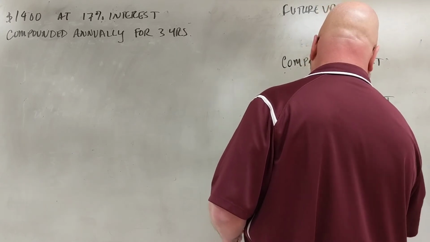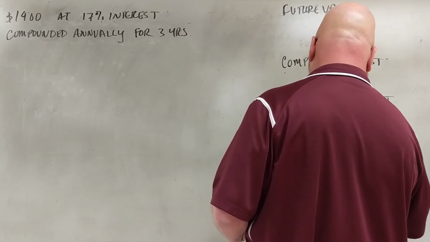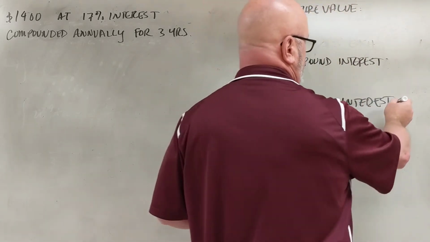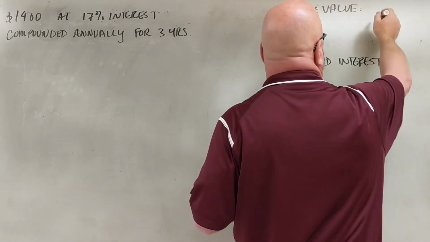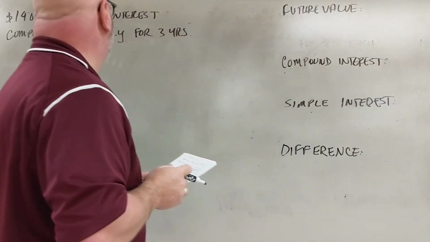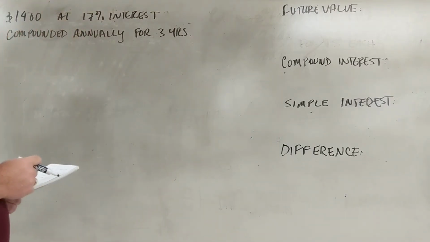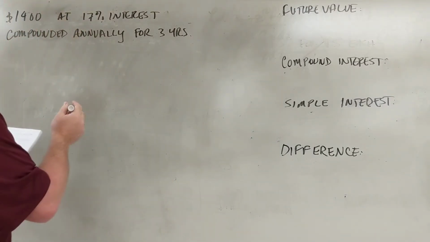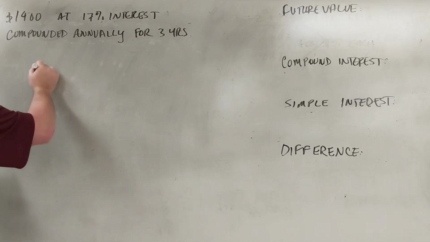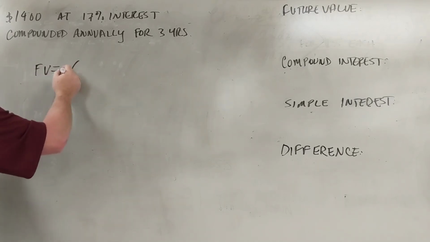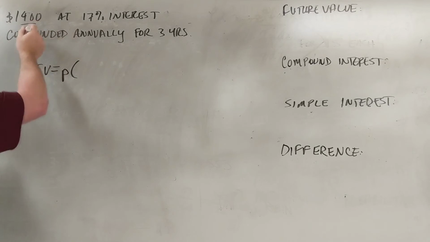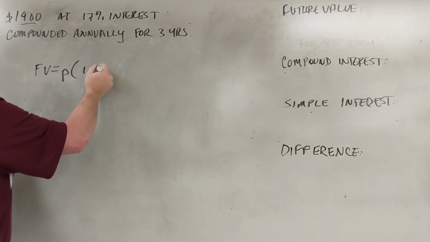Compound interest is going to be more interest, which if it's an investment, that's good. If it's a loan and we're paying the loan, then that's bad. So anyway, the future value of the loan is going to be based on the compound interest, and that's found, let's see, the future value is going to be equal to the principal, or the starting loan amount, right there, times 1 plus the rate